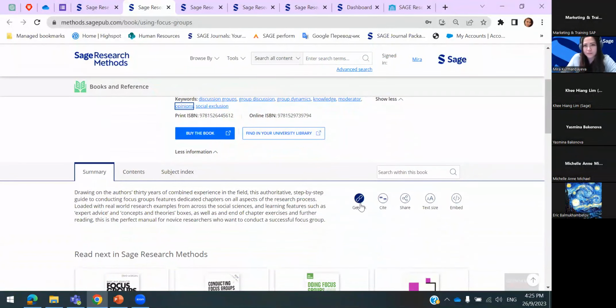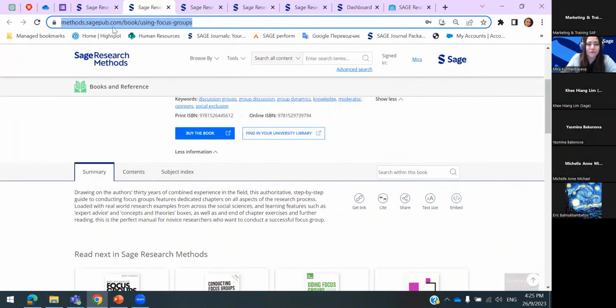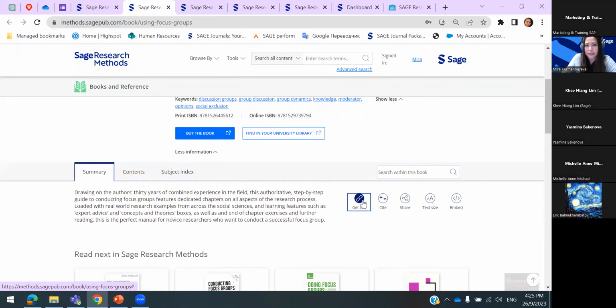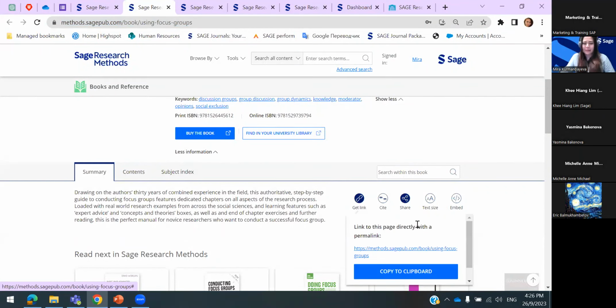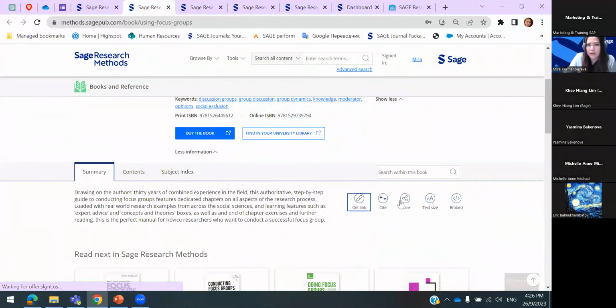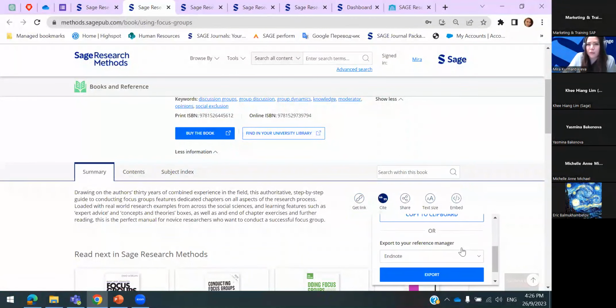You can use these features to get the link. You can also get the link from here. Every item on the Sage platform has its unique URL, so you may want to copy that from here or from here and paste it in your Word document, via your email, or wherever you want. There is also a side button where you can choose the format,